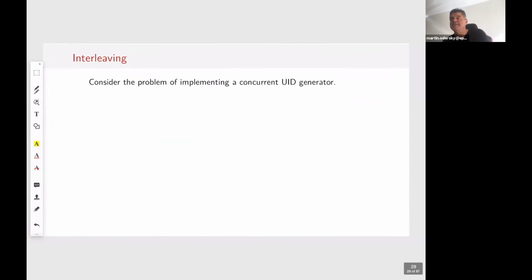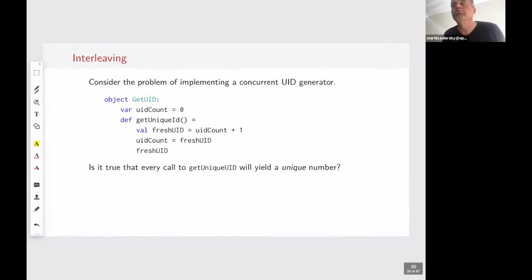Here's an example that shows the dangers of concurrent computation, or the first danger, and that's interleaving. Consider the problem of implementing a UID generator for unique IDs. Here's what we would typically write. We would have a UID count, and to get a unique ID, we return the current value of count and bump count by one.